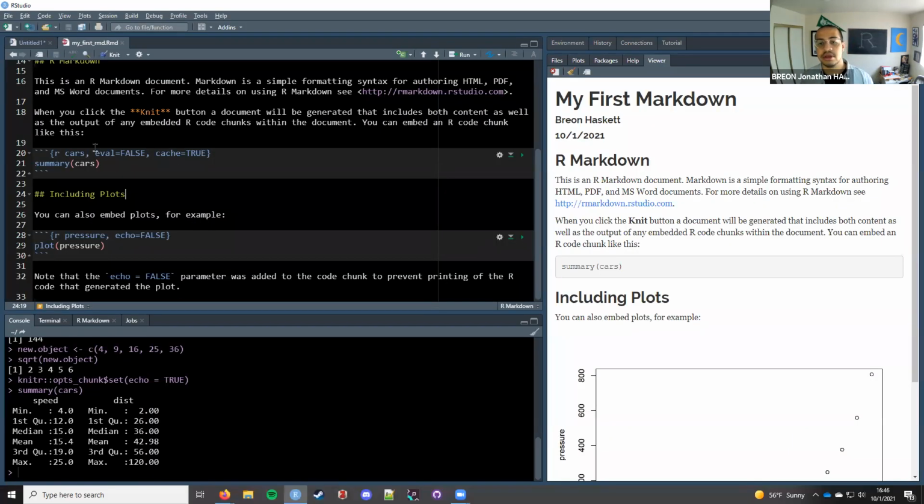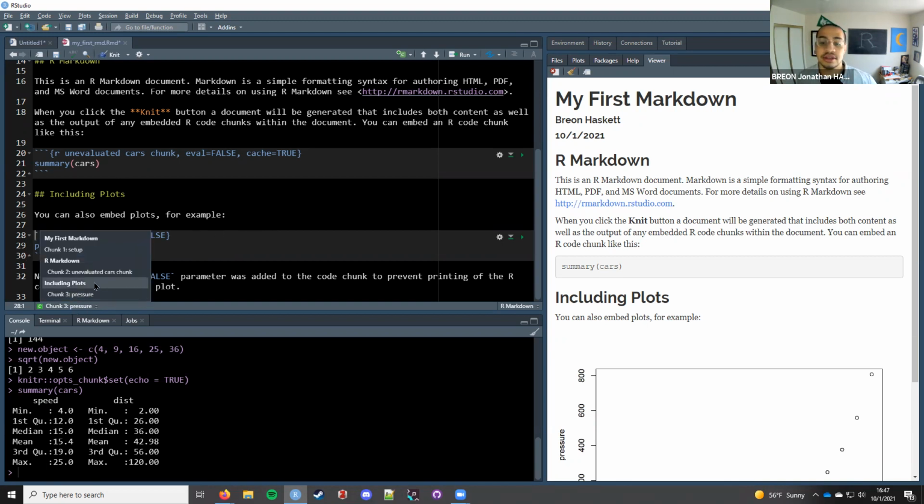So I'll show that a little bit. So this was named cars. We can name it cars chunk. And then if we go to here, the bottom left of our editor pane, it will show our chunk 1. It's called setup. If you'll recall, that had the knitr R code in it. And then chunk 2 is now called unevaluated cars chunk. And then there's a chunk 3 called pressure. And if we click, it will put our cursor right there.